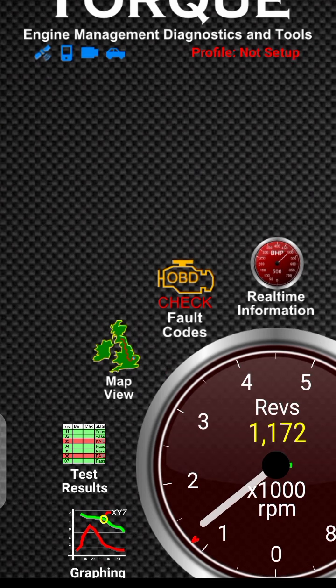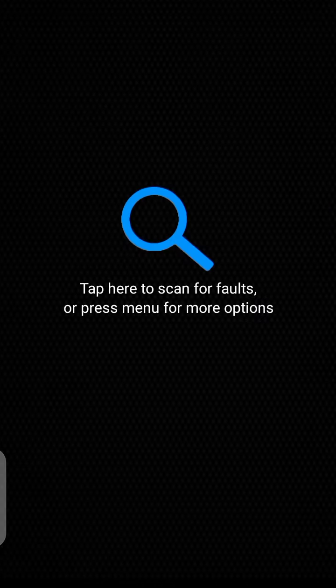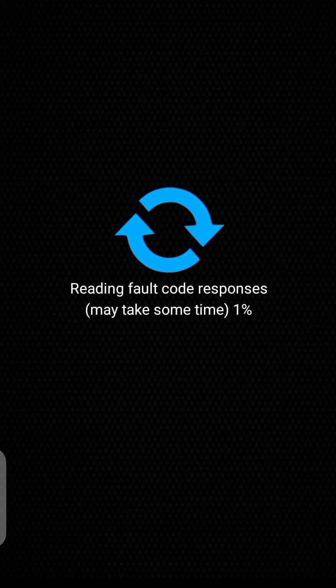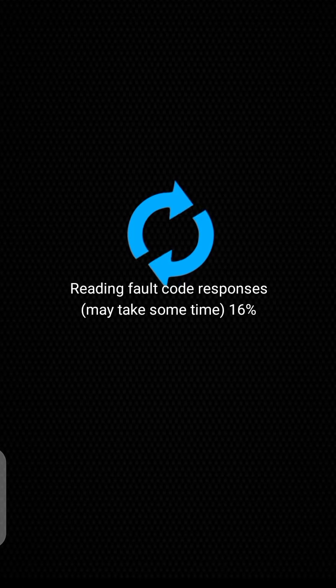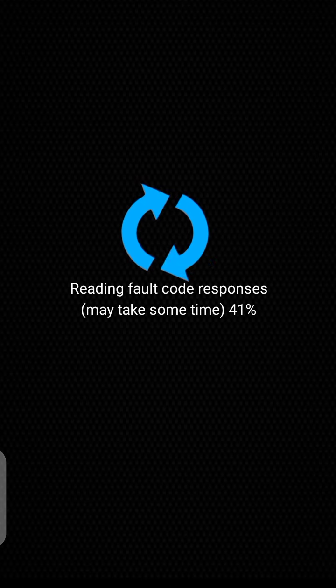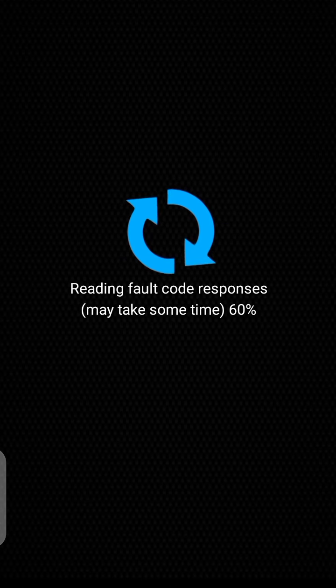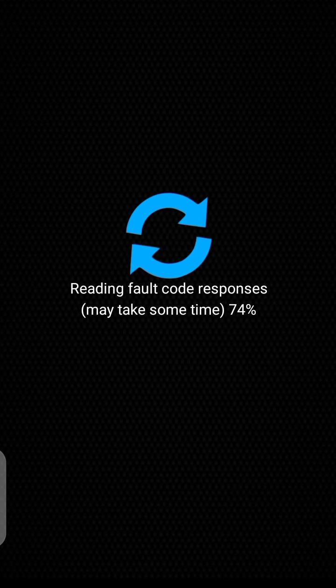So I return back. Now we are in the main menu. Now we can check our first code. You just scan, and here we are. We just wait for some time, and once the test is over, it's going to display our first code. The vehicle,